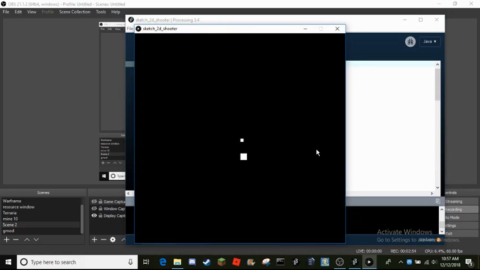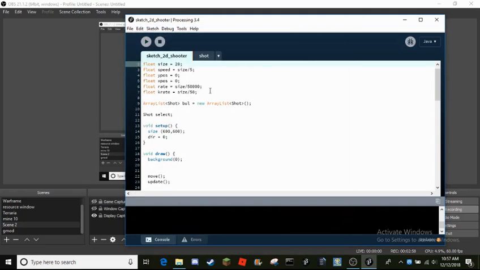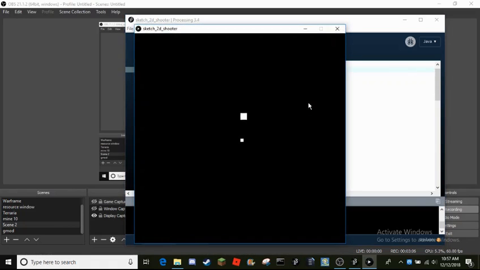Boom. Now notice everything's faster. We don't want this fast. So we're going to want to take the speed and divide by 10 instead of 5. That will make it much slower, just like the original. I also forgot to mention that you will start speeding up in this. But because I don't want the character to move, because the camera will be focused on you, I'm going to make the walls move, and